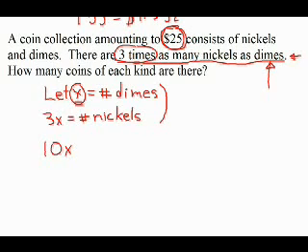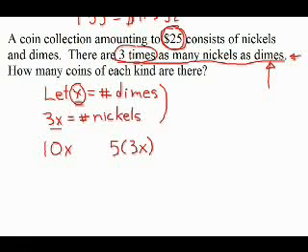Similarly, with the number of nickels, to calculate how much money I have in nickels, I would have to multiply that by 5. 5 times the number of nickels will tell me how much money I have in nickels. In this case, the number of nickels is called 3x, so the amount of money that we have in nickels is 5 times 3